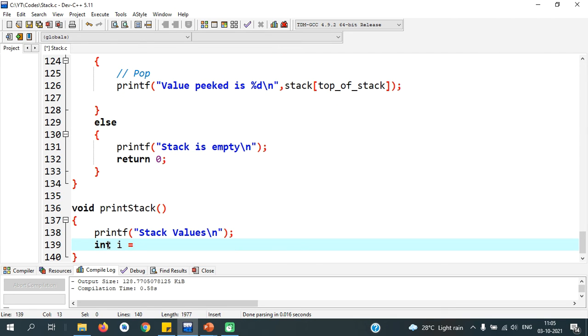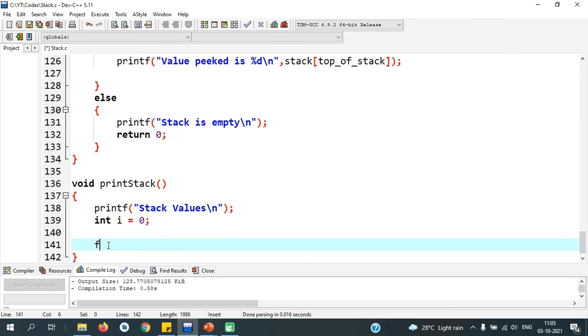Integer i equal to 0. For i equal to 0, i less than top of stack, i plus plus.